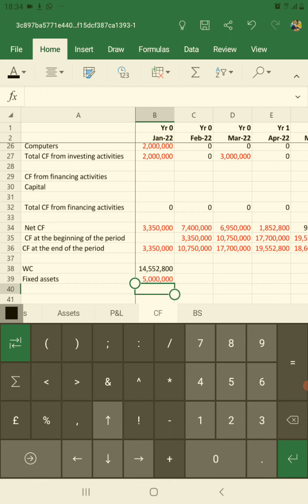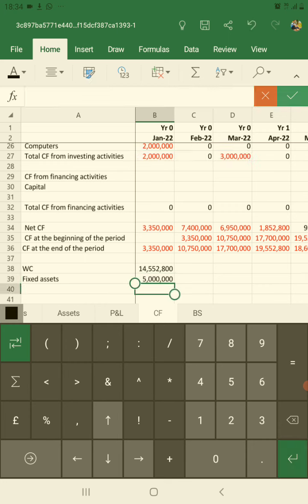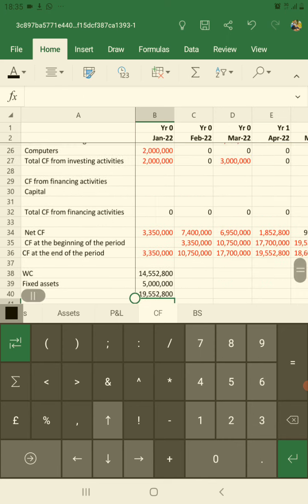Okay, so I need this to be a positive figure, so I come back to this formula here and start my formula with a negative sign so that the figure turns out to be positive. So you can see the sum, let me sum these two components, and we get total,